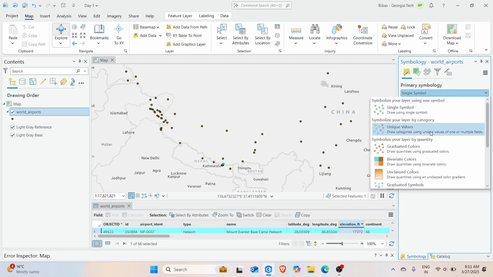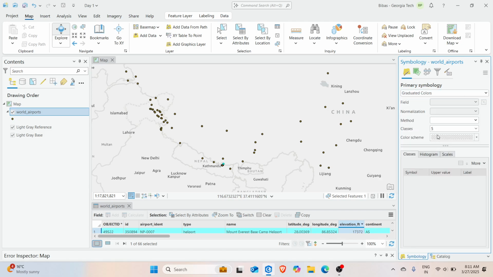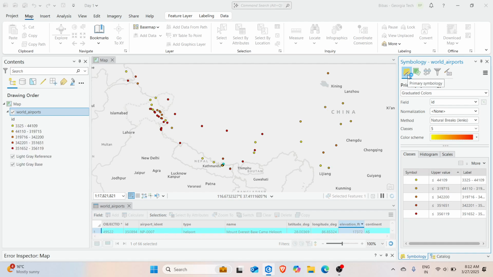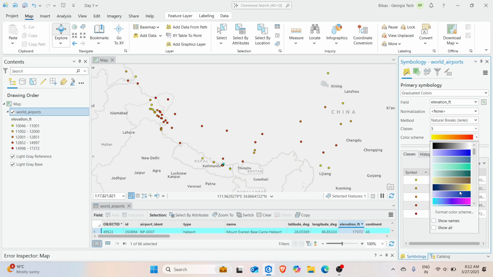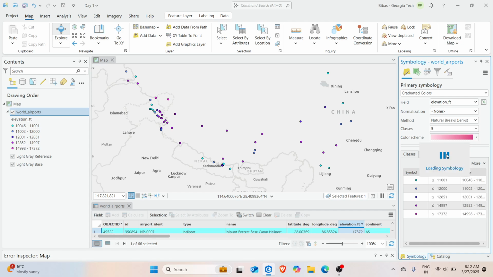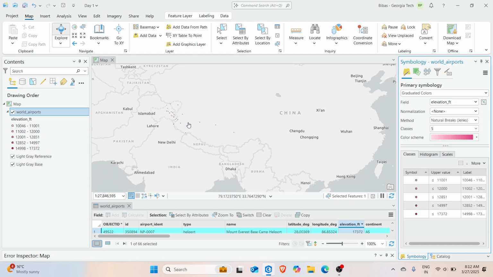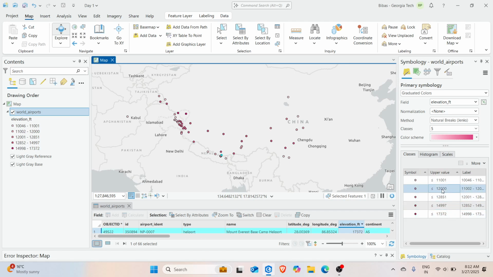Let's select graduated colors. Or instead of this, let's use another approach. Either we can go with the elevation, and you can have the breaks, and you can choose any color scheme that you like. Or let's do it with this. The darkest of them represent the upper values, the higher elevation, and the lighter ones are of lower elevation, compared from 10 to